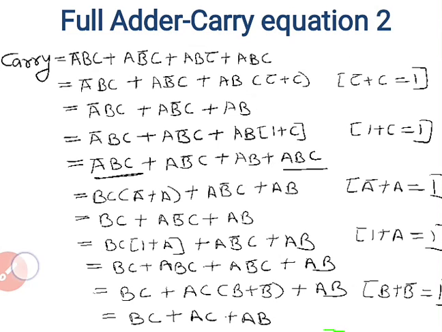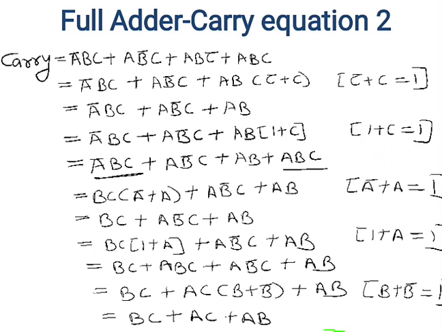Now, in A bar BC plus AB bar C plus AB, the common term is C plus C bar, and you will get 1. So again this is AB. Now in AB we can add 1 plus C. Why are we adding 1 plus C? Because there are 3 variables and the remaining one is C only. As per the Boolean laws, 1 plus C is equal to 1. So we can write it as 1 plus C.